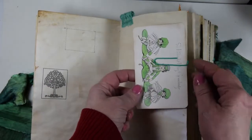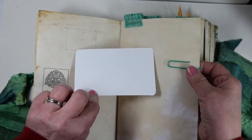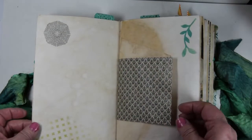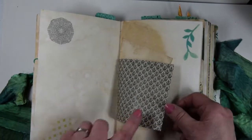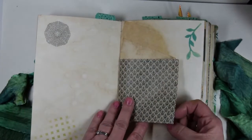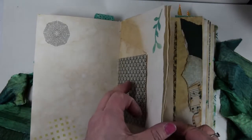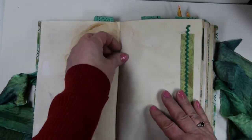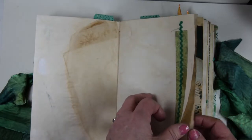This is an icon that I made into an ephemera card, and all these cards that I have are blank on the back, so you can journal on them or put a photograph or whatever you choose. Digital stamp, a little stenciling I did. This is a paper from the collection, and it's muted. It's more vintagey looking because I tea stained it after I printed it. So those look vintage. Here is some paper from my stash